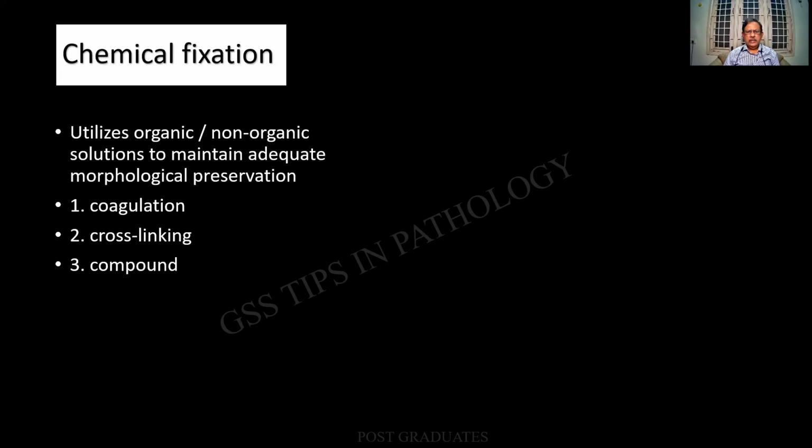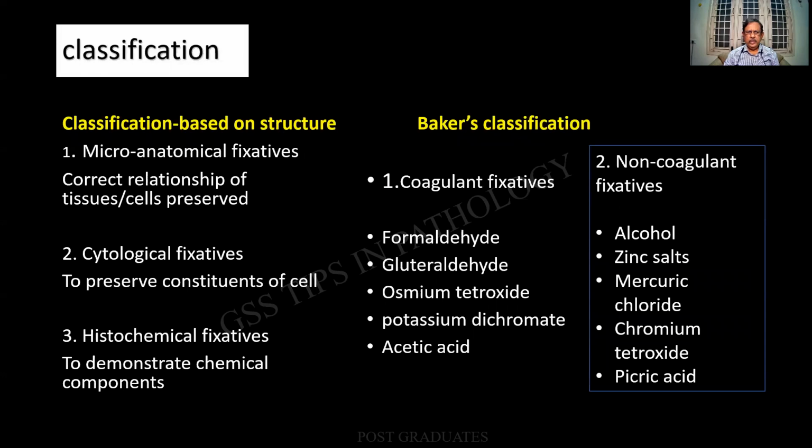This is the first important slide for the day, the classification of fixatives. One method of fixation is chemical fixation. It can be a coagulation, a cross-linking, or a compounding, which leads to an inherent structure to the tissue. This we shall and will know. How do you classify fixatives is a very common question. The problem is, unless we are very well prepared with this, our fluency in the examination will reflect on us.